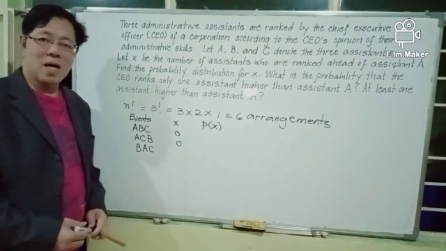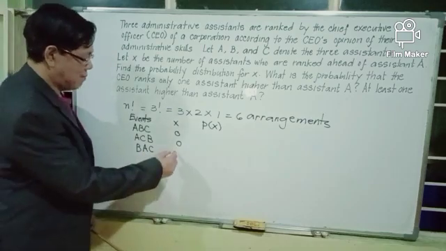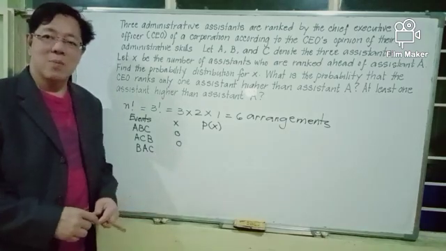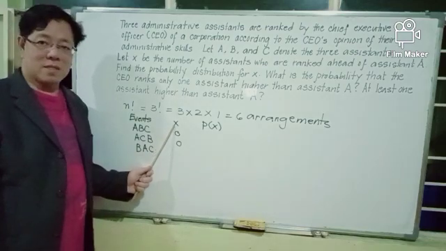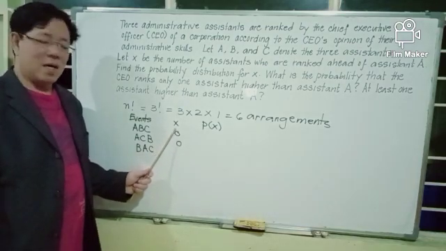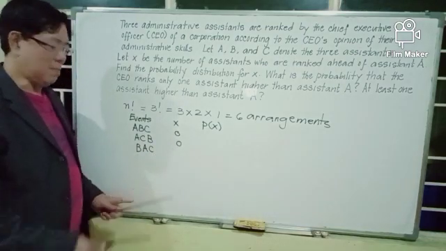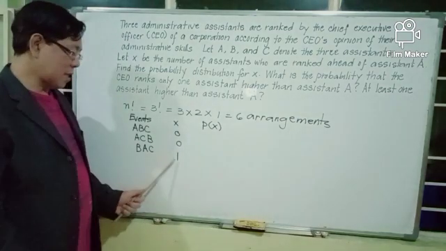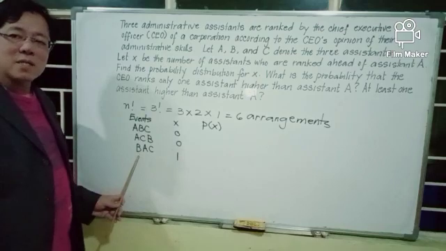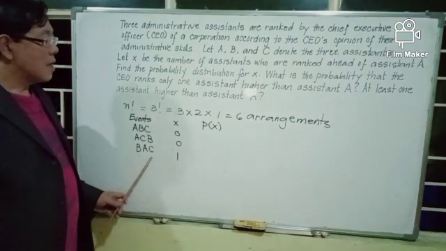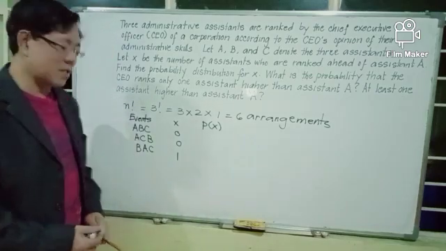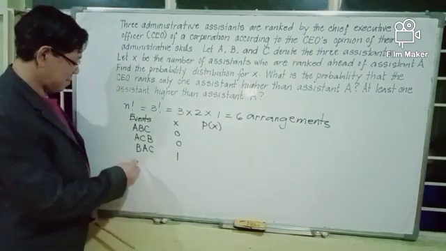Hence, the value of the discrete random variable x for the number of assistants who are ranked ahead of A is 1. And that one assistant who is ranked ahead of A is assistant B. Another arrangement from the 6 possible arrangements is